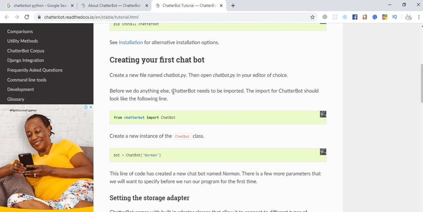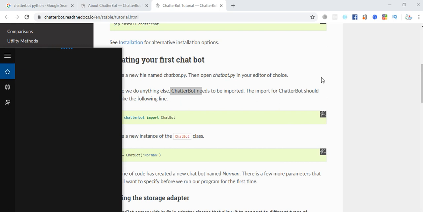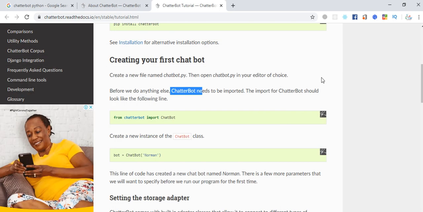Now we have something called the ChatBot, which is itself what we have just said right now. We need to import it. Now let me not waste a lot of time. Why don't I just do this thing with you straightforwardly, so that we get to know what to do and